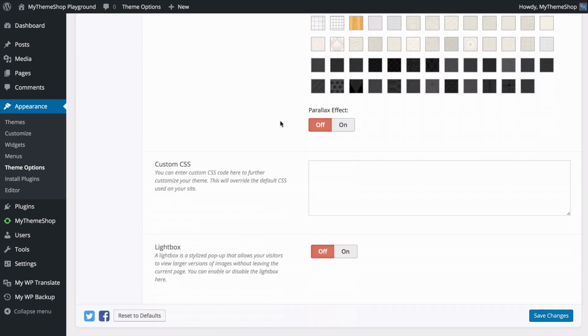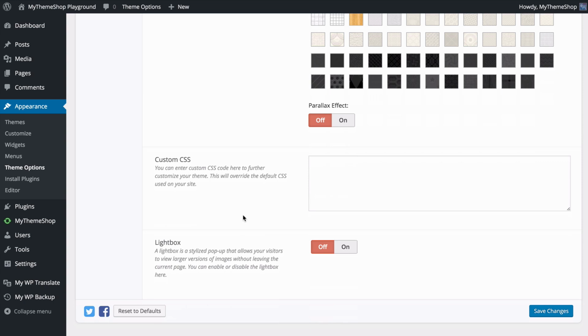You can also enter custom CSS here to further customize your theme. And this will override the default CSS used on your site. Finally, you have the option for a lightbox. Now, a lightbox is a stylized pop-up that allows visitors to view a large version of your image without leaving